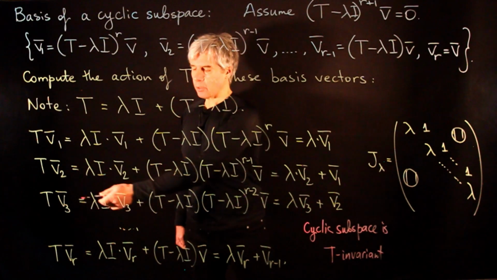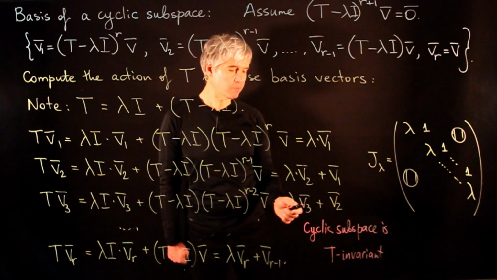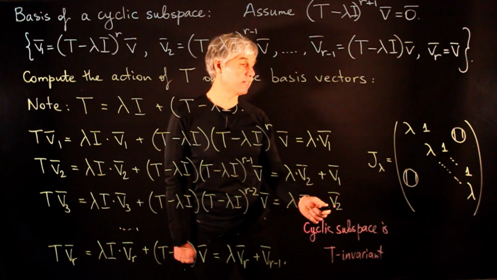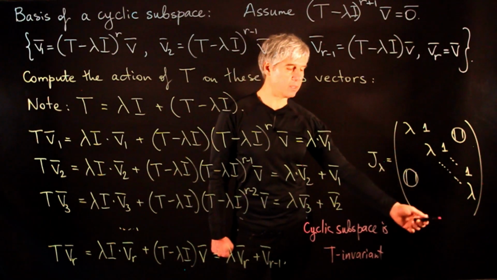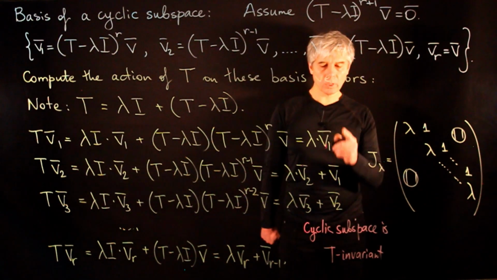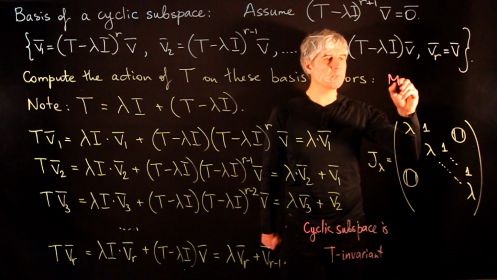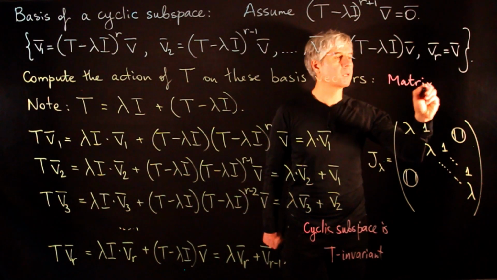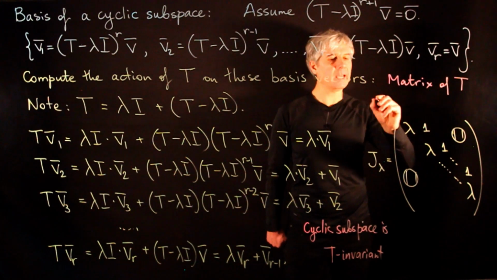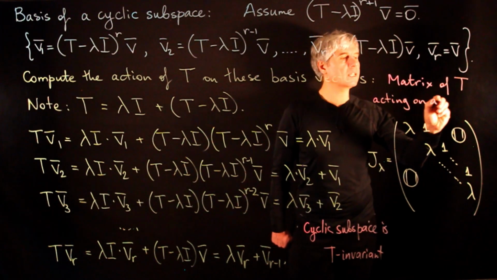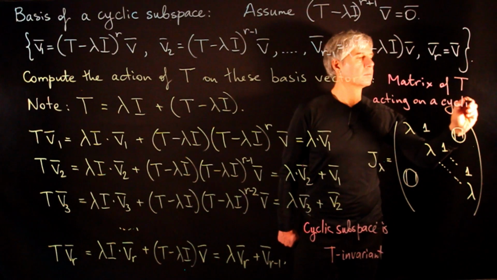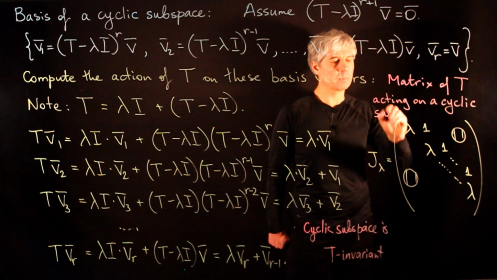When we act on the third vector, we get lambda times the third vector plus the second vector. So the third column is going to be 0, 1, lambda, and then the rest will be 0. So what we see from the formulas is that the matrix of T acting on a cyclic subspace